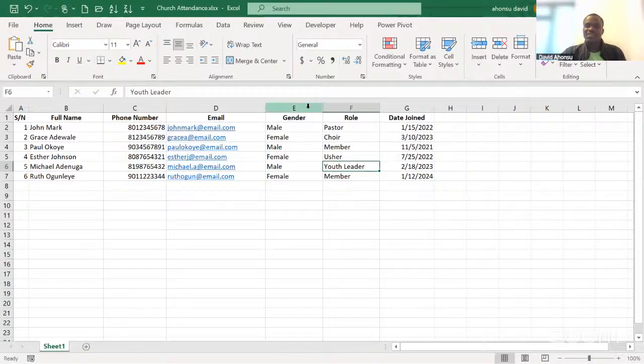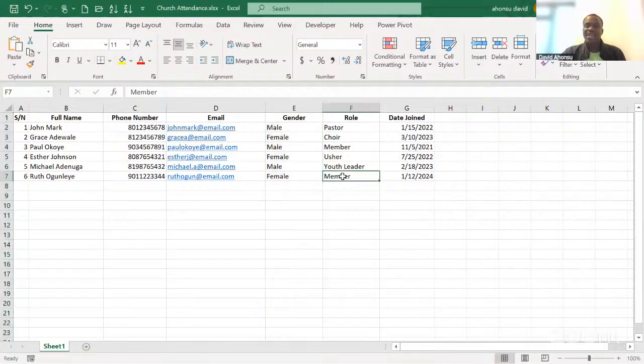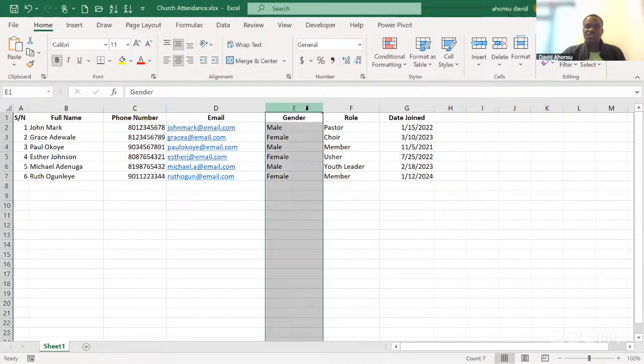So I will start with this gender. So imagine that in this Excel sheet, we don't want to make a mistake. We don't want to enter anything other than male or female gender. So how do we achieve that? That is achieved by implementing data validation. So what we do is that we highlight the column